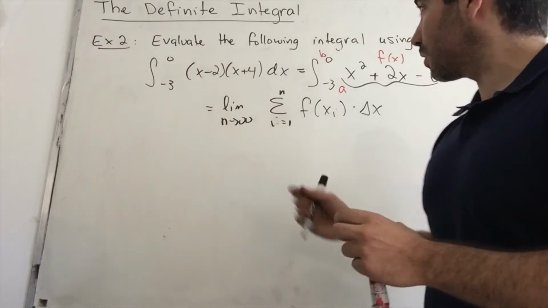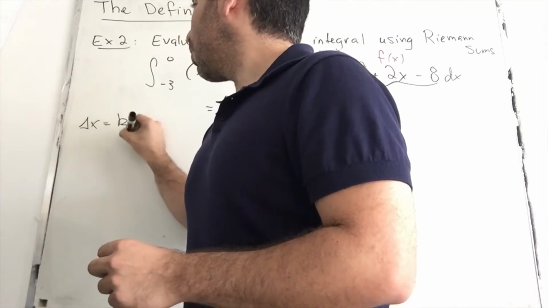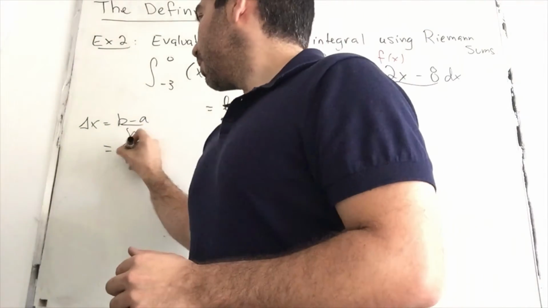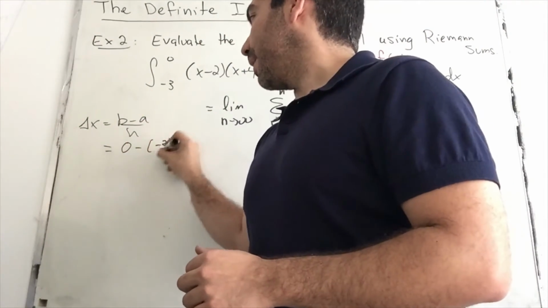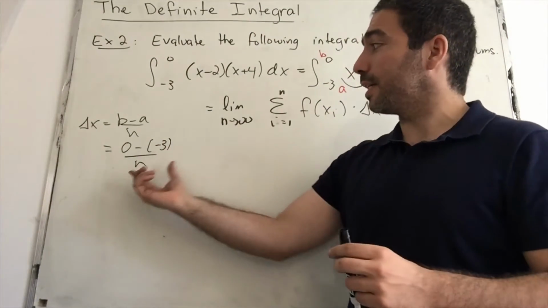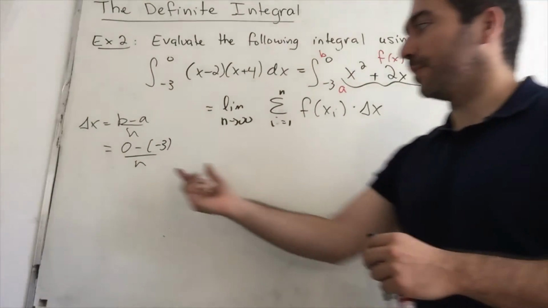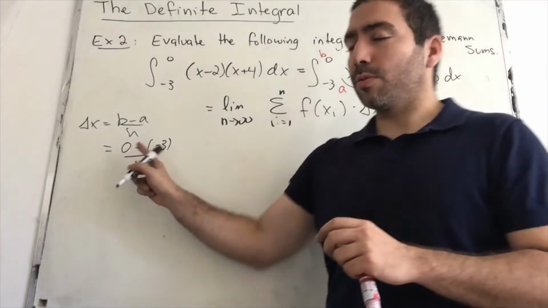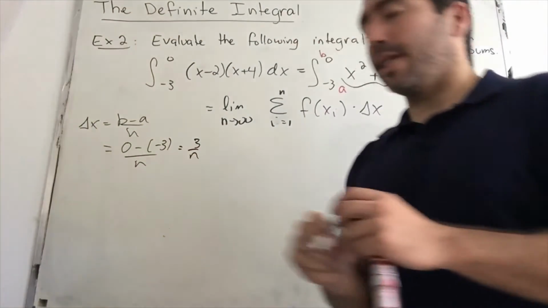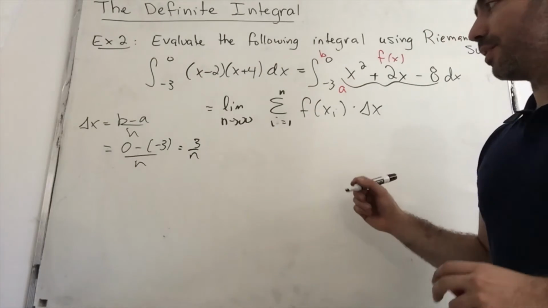Again, this is side work. So on the side of the sheet, we have that delta x equals b minus a over n. Always write down your formulas. We know our b is 0, our a is -3. So we have 0 minus -3. Be careful with your negative signs. Again, they didn't tell us anything about the number of rectangles we're going to partition the integral with, so we assume it to be n. 0 minus -3, be careful. It's positive 3 over n, not -3. So that's our delta x, and now let's go ahead and find our